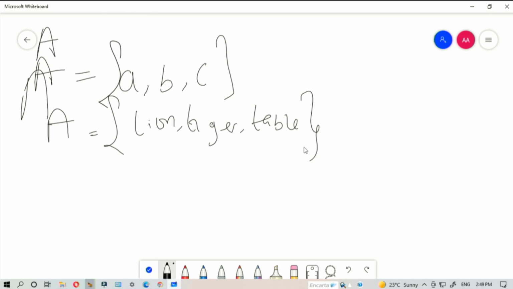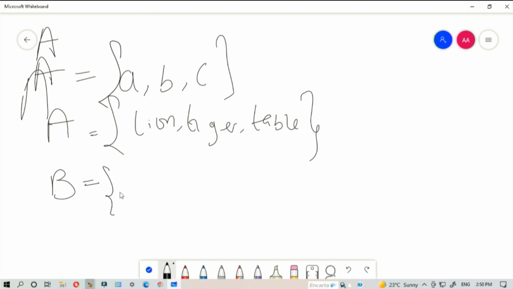The next question says a set consisting of all Nigerian mothers. There must be millions and millions of them, so it will be impractical to list the names of all such women. We therefore use the set builder form. Suppose we call the name of the set B, then we may write B